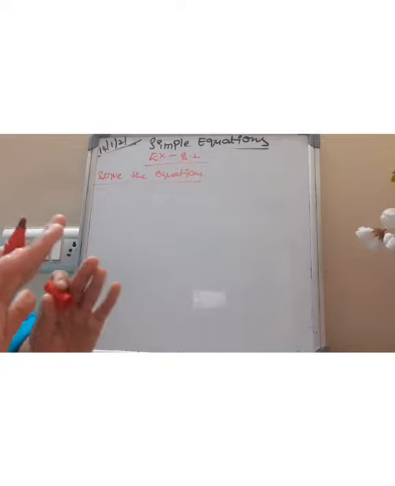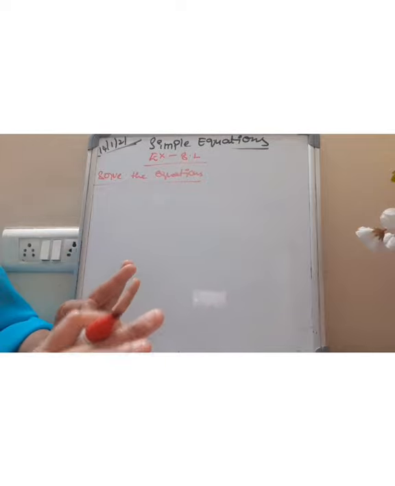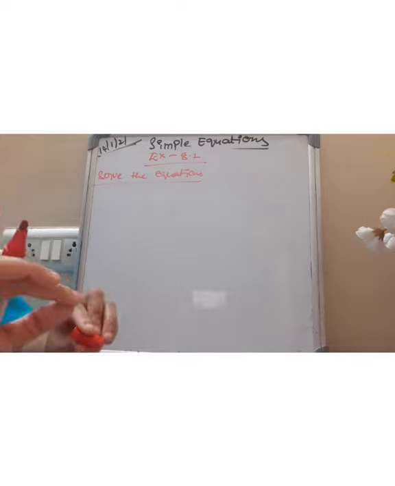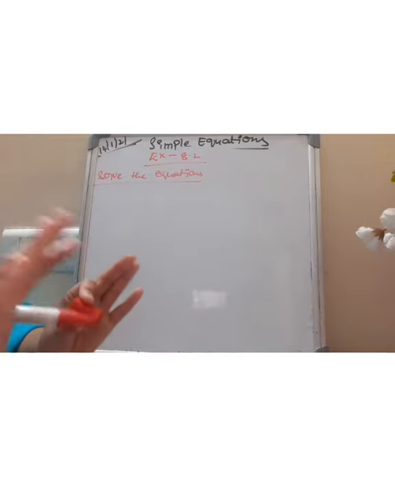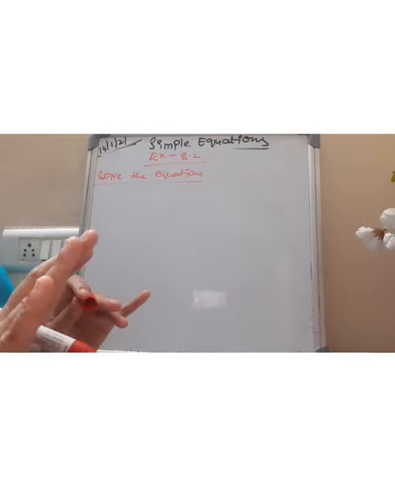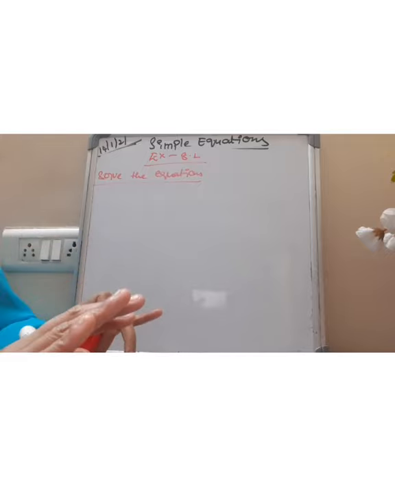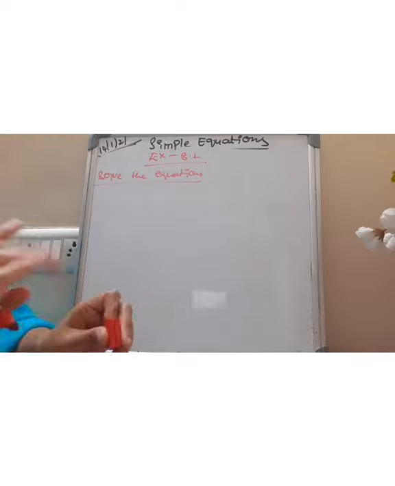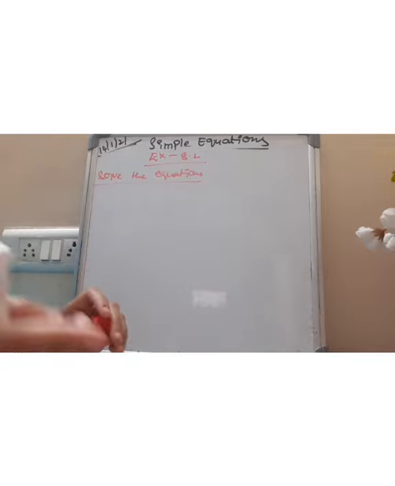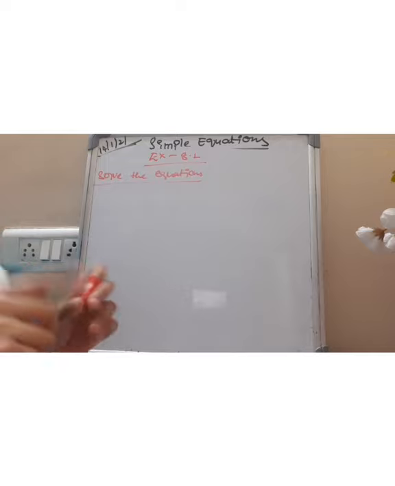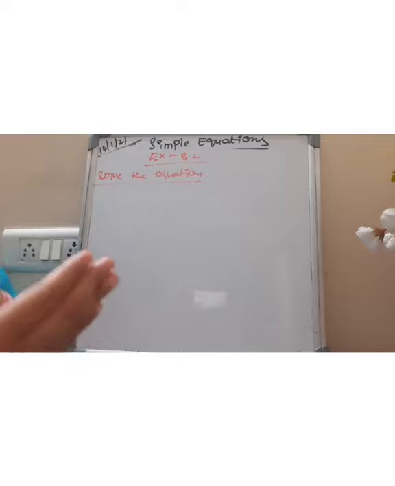You will do this only by the transposition method. If they mention it, we have to go for the trial and error method, or else please go for the transposition method. In the transposition method, you have to eliminate the constants along with the variables. While eliminating, plus will become minus when we send it to the other side, minus will become plus, multiplication will become division, and division will become multiplication. You have to keep this in mind while solving the equations. Okay, the first question we'll take here now.